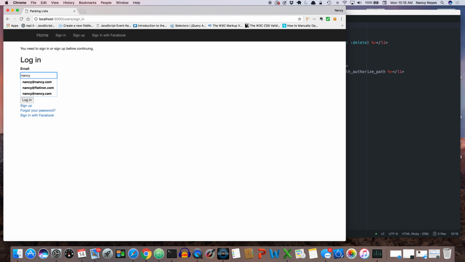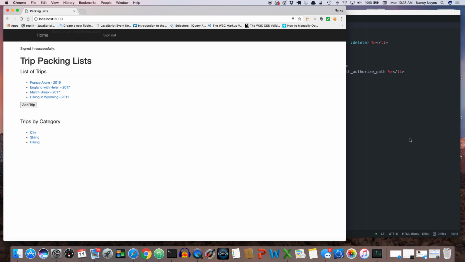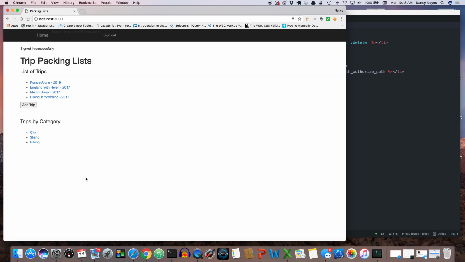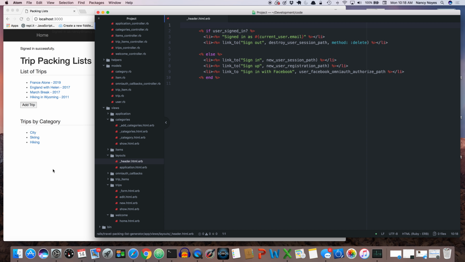I created a fictitious account and .com and my password, and I log in. Now, once I'm logged in, I'm seeing these buttons at the top if the user's signed in. And this is basically the real home page of the project. So going back to the home page,